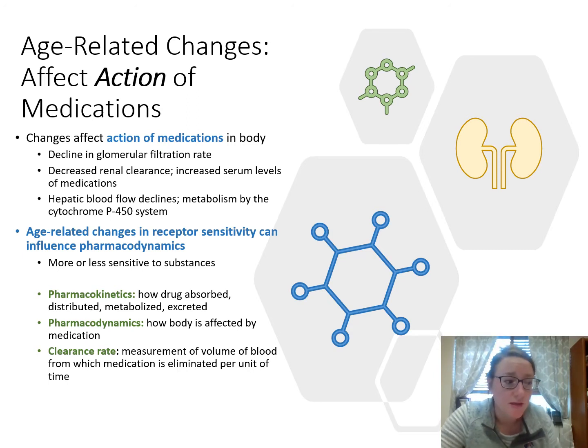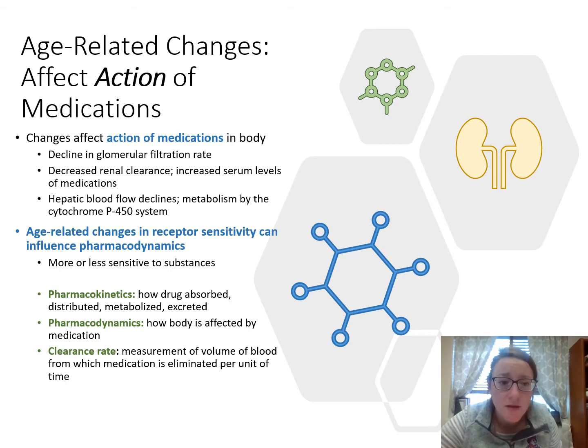So this can be related to the drug half-life. It takes about 5 half-lives for a drug to be completely eliminated from the body, or for its effects to be null. And so again, if we can't clear that, the half-life can increase, causing toxicity. So looking at a drug's half-life and looking at our clearance rate is going to give us an idea of if drugs are going to potentially be increased to levels that are unsafe in the older individual.